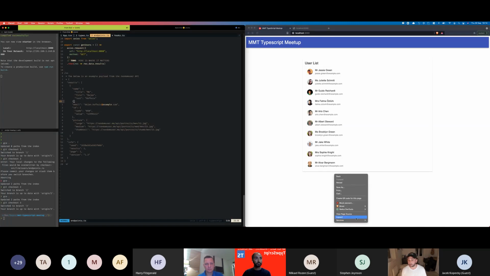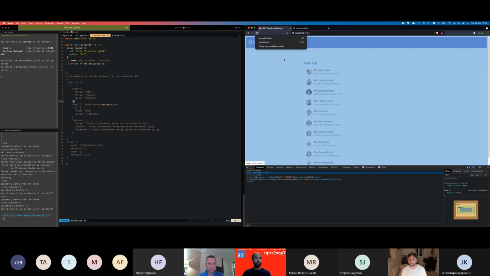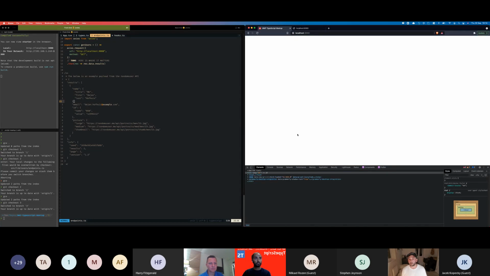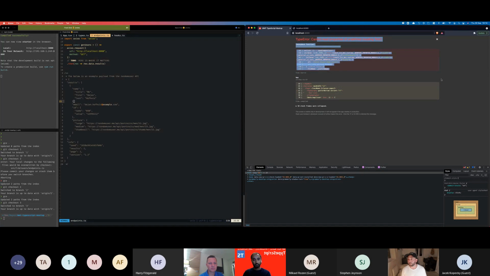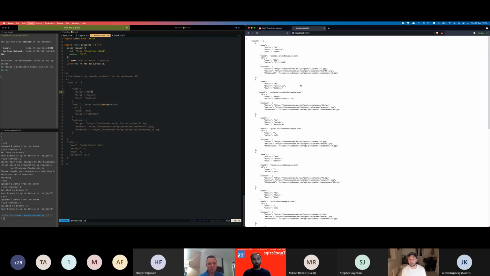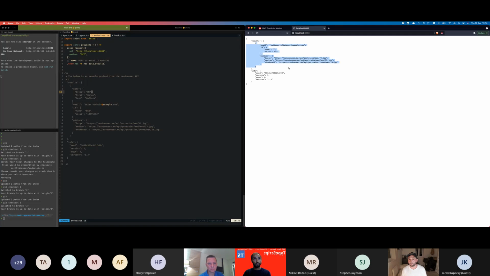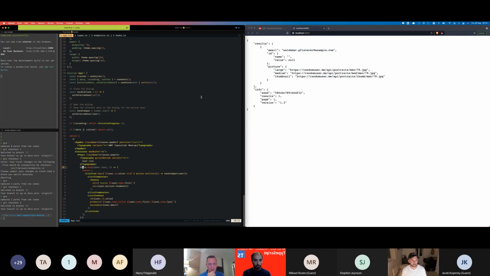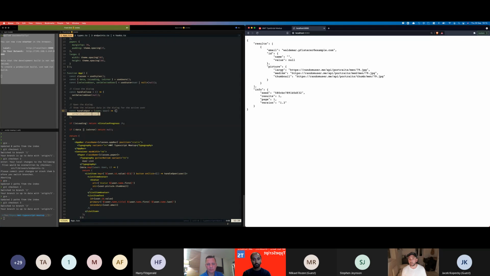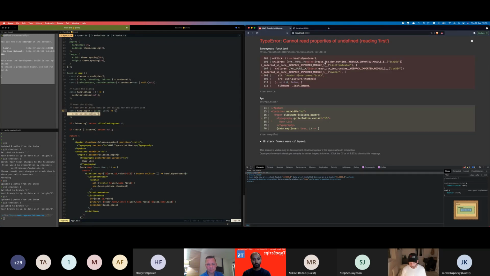I'm going to need to clear the cache. So when this makes a request, you can see that this blows up. The reason is that the data coming back is missing the name. The property on the results, which I'm using here, is missing the name value. And TypeScript is satisfied. You can see over here it's compiled successfully. The application is saying, yeah, you've told me that the data is what I expect.